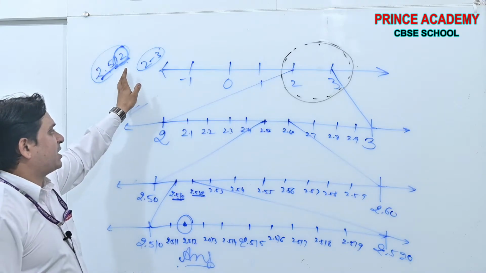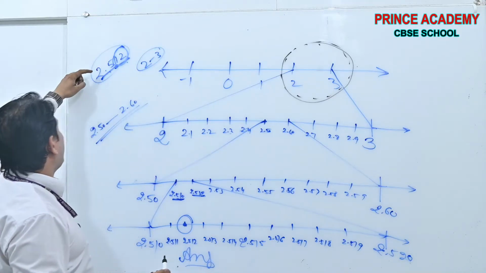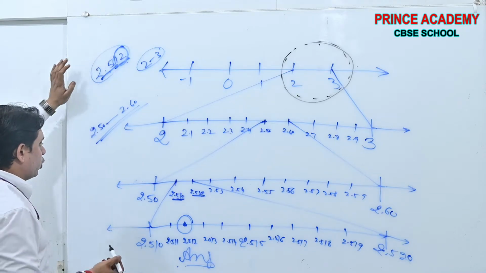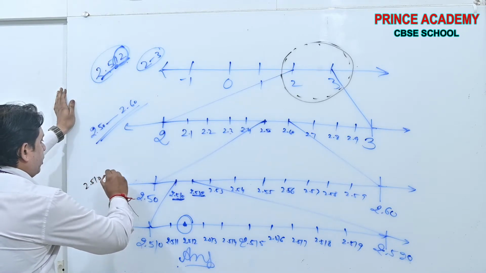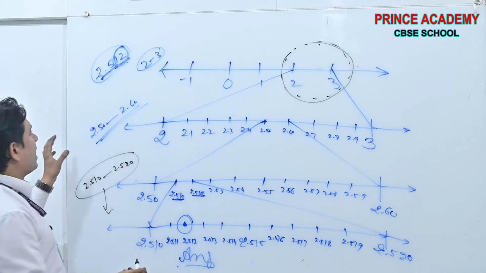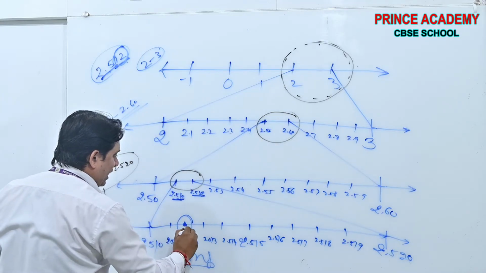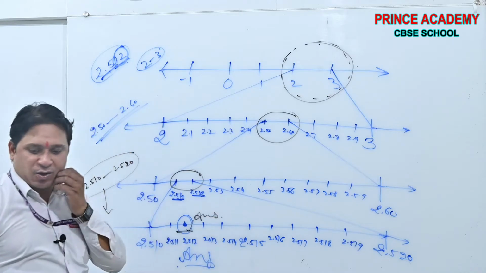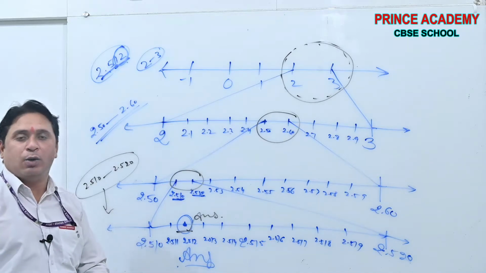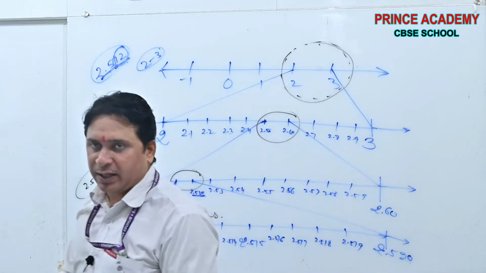Then again, see the next digit. 2.5 was in between 2 and 3. 2.51 is in between 2.50 and 2.60, then 2.512 is in between 2.510 and 2.520, and we show it here. Then you magnified this, and finally you got the answer. This is the way you can show a number on the number line by magnification. Take the screenshot, beta, then we will go for the question.